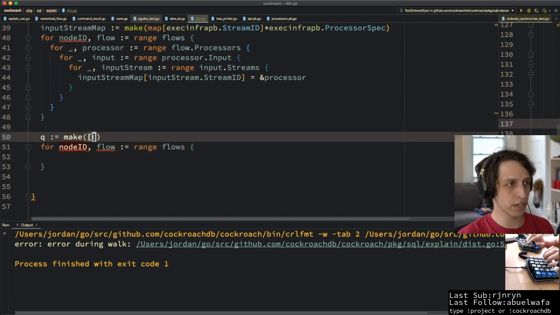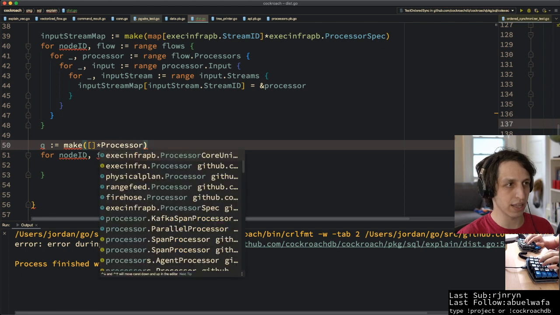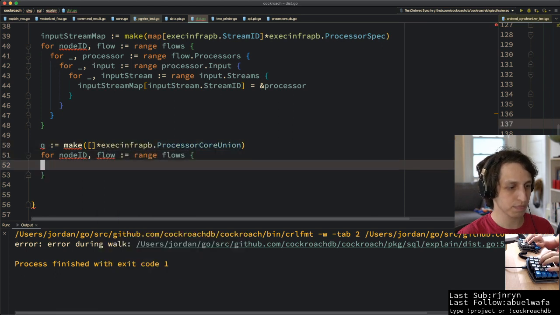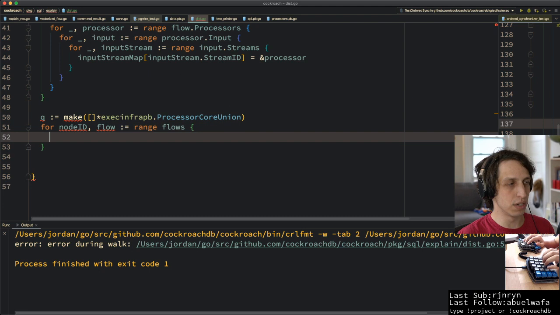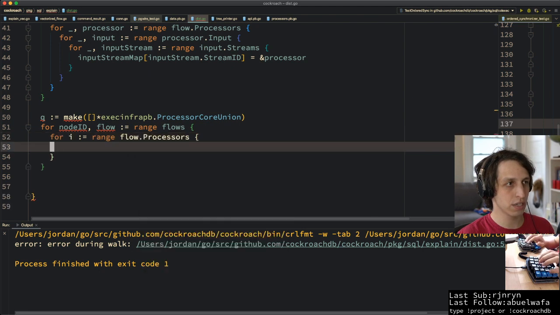We can put our queue here, and the queue is going to have processors. Let's just try it like that, I think. We'll say for i in range flow dot processors, if